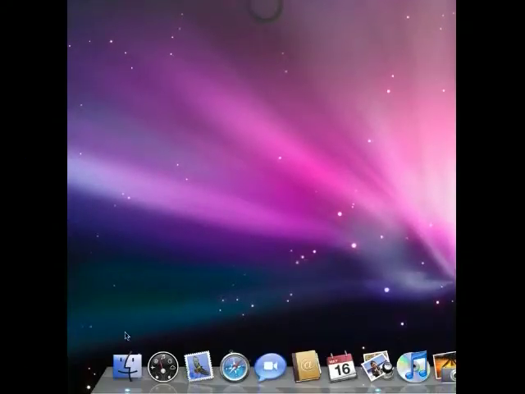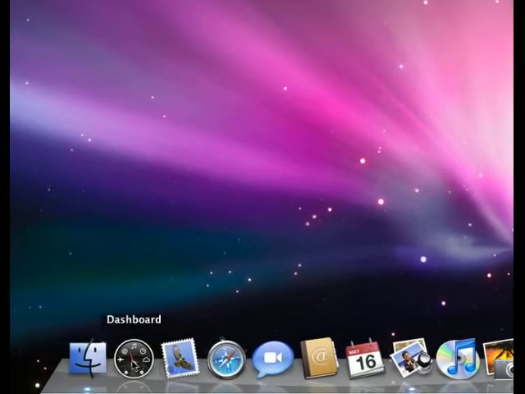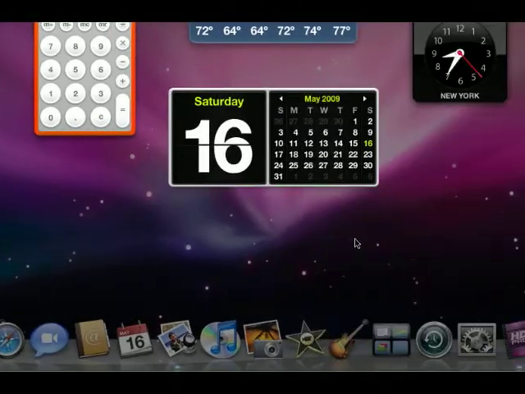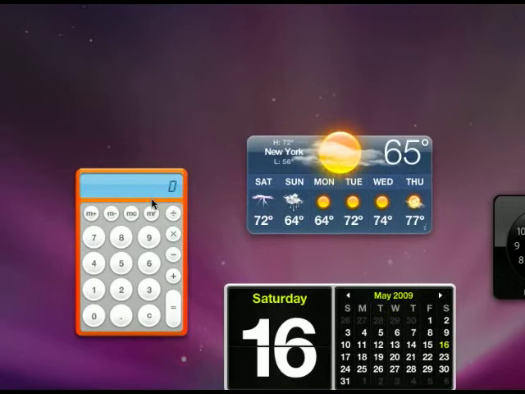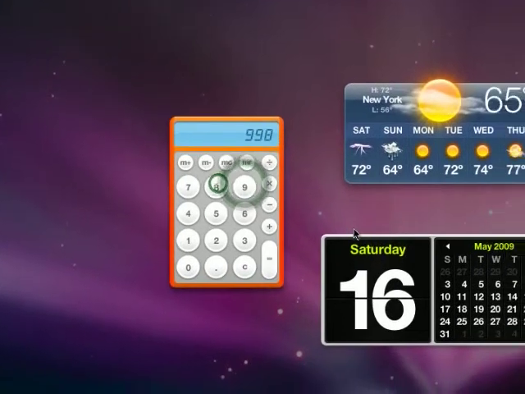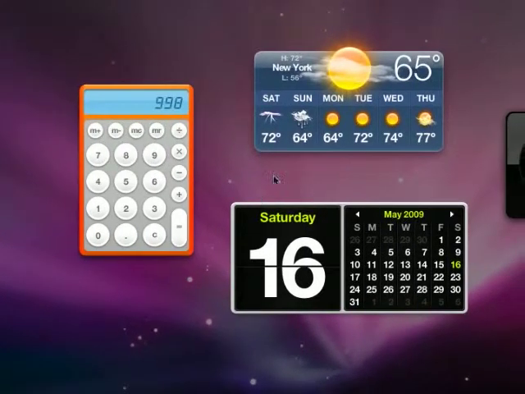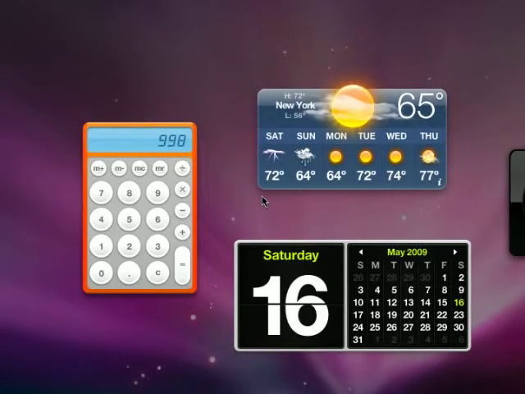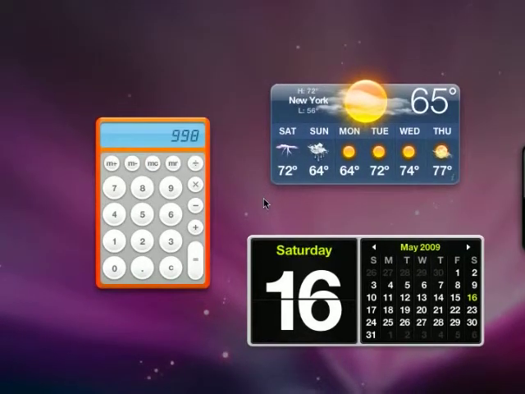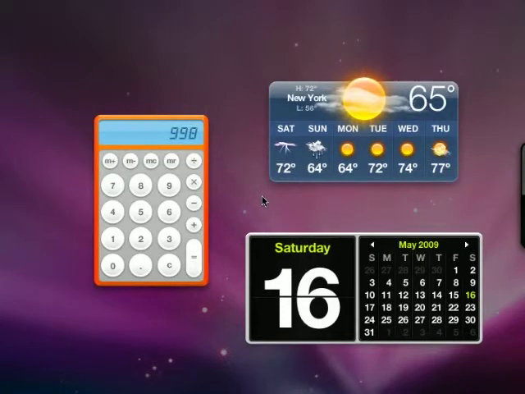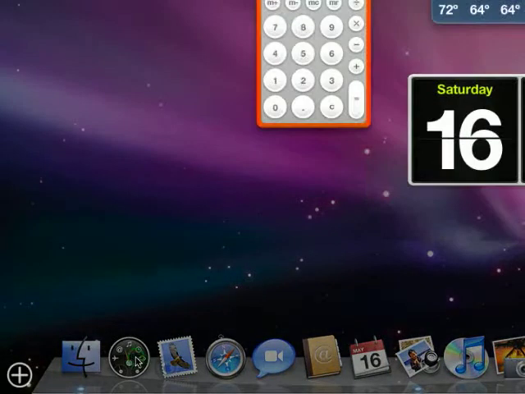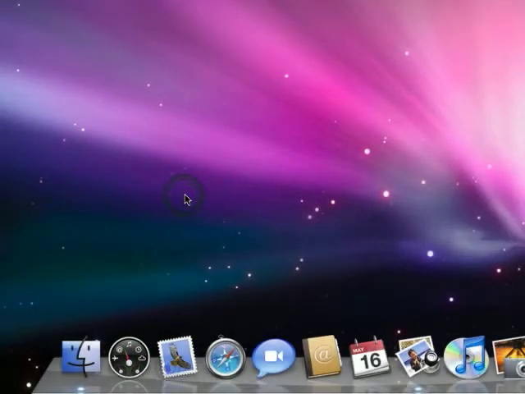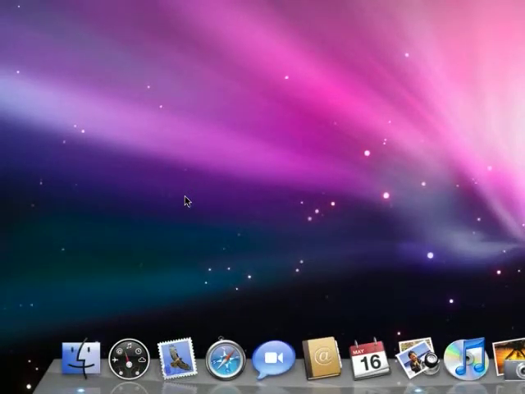The next thing is called the dashboard. When you click on it, you'll see that these handy little widgets descend onto the screen, and they let you do useful little things. There's a calculator here and so forth, and you can add a lot of different widgets to this dashboard. You can add a Google widget and so forth, and then when you have the dashboard descend, you can start using them. For me, the dashboard's not that important because there's so many different ways to get things done in a Mac,